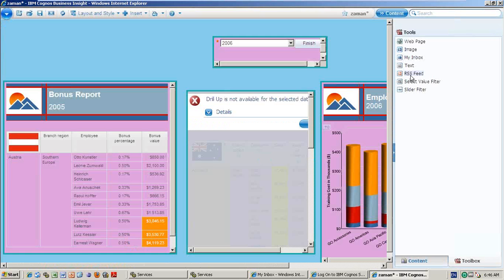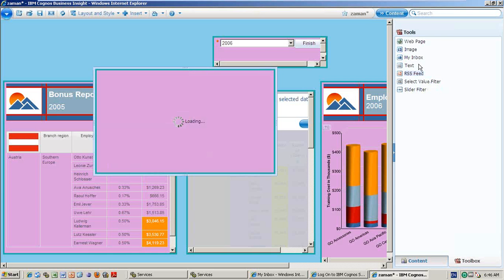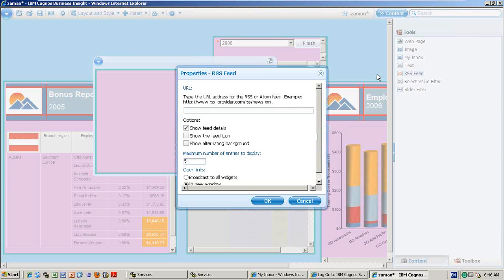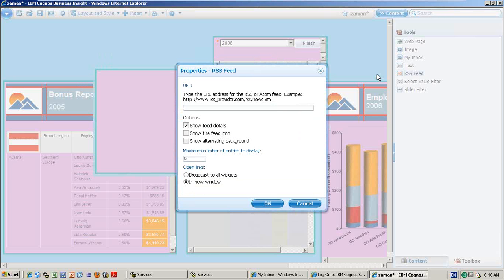The next one is RSS feed. Right click and insert it. So RSS feed means, say for example, if you are taking any blog or something, your websites and blogs, right?